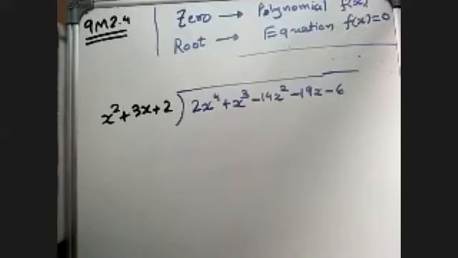चलो. So 2x to the power 4 plus x cube minus 14x square minus 19x